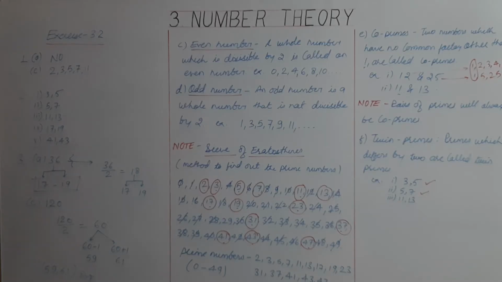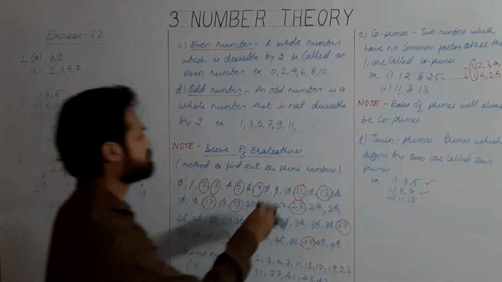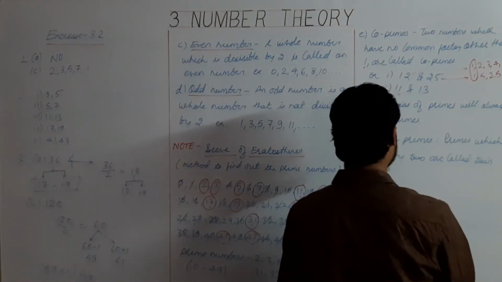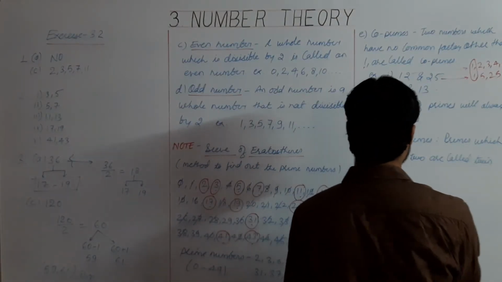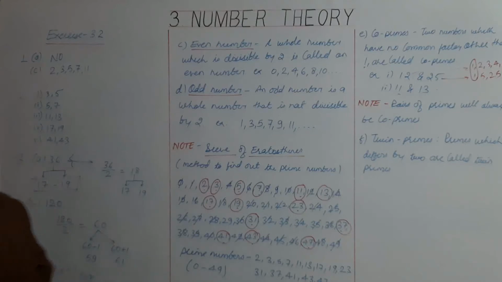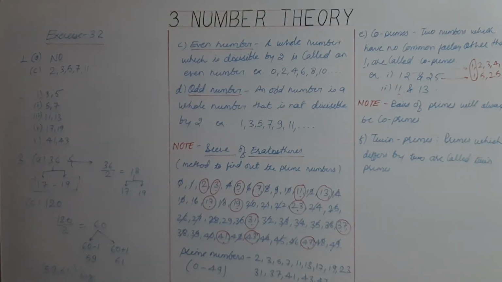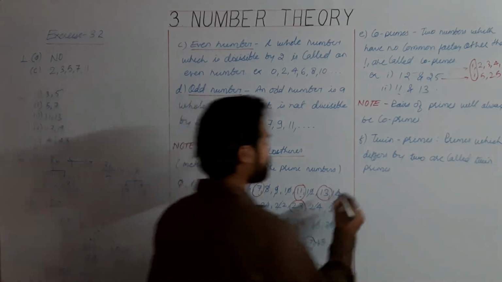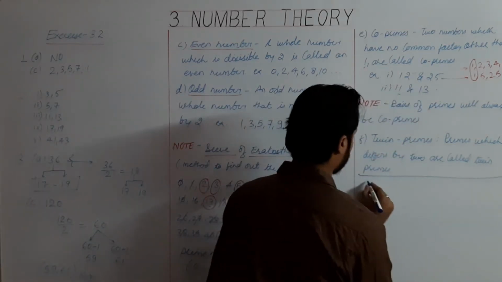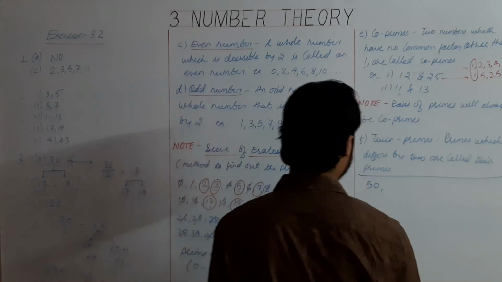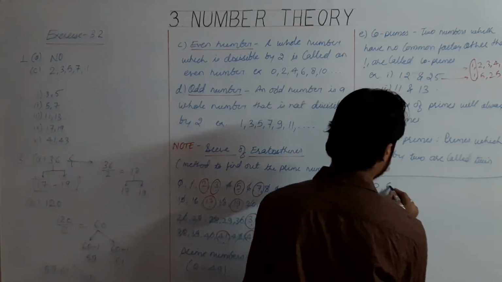Next question, fourth. List down all the prime numbers between 50 and 100. You know the process for finding prime numbers. Again, we have to repeat this process for the next range, that is from 50 to 100. So first, you have to write all numbers from 50,